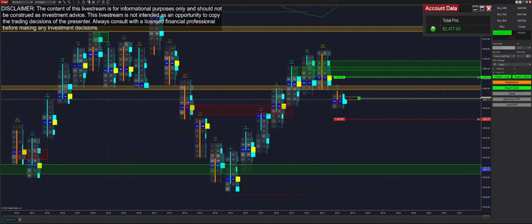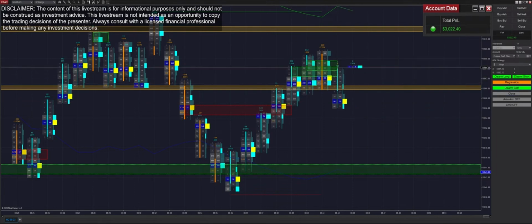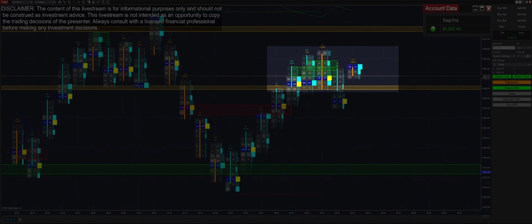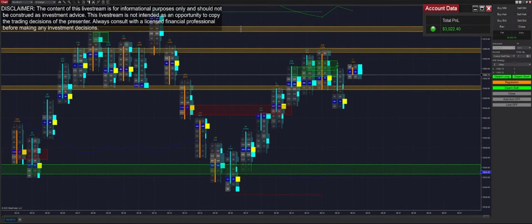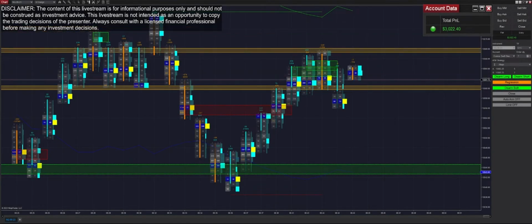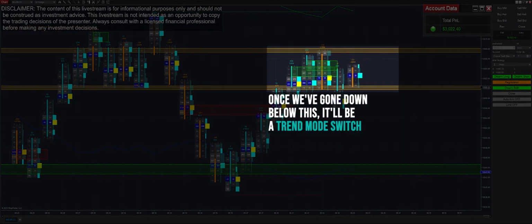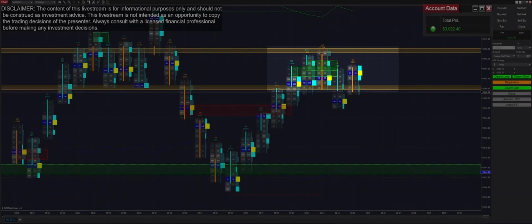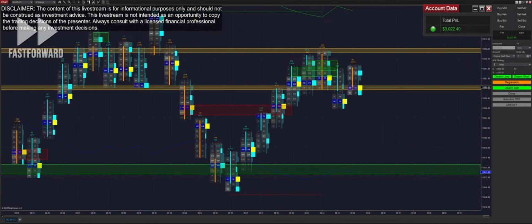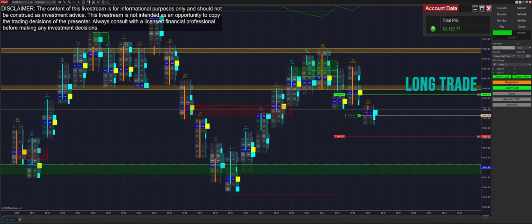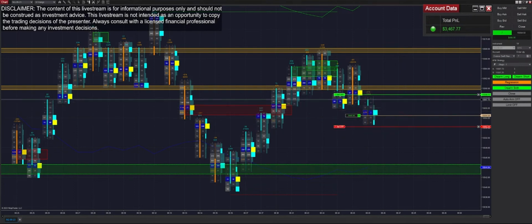Wow, this is interesting. So we're in regression mode here. We can put into a long trade, get filled right off the bat. And this is actually, I would consider this a new zone. We're gonna remove this, and this is gonna be considered our new choppy area. And now once we've gone down below this, it'll be a trend mode switch, as long as it closes below that. Okay, that's interesting. We didn't catch that, so we would have switched to trend mode there, but